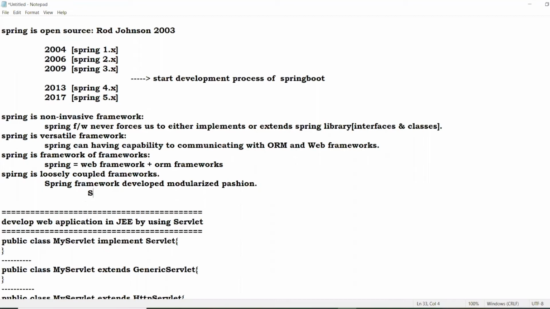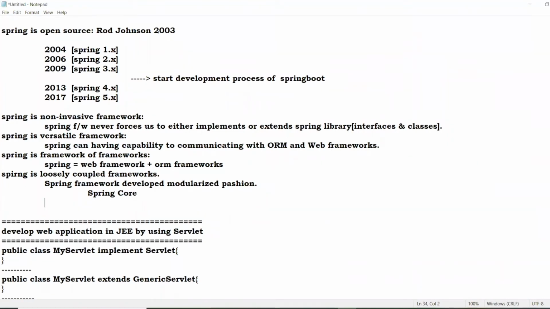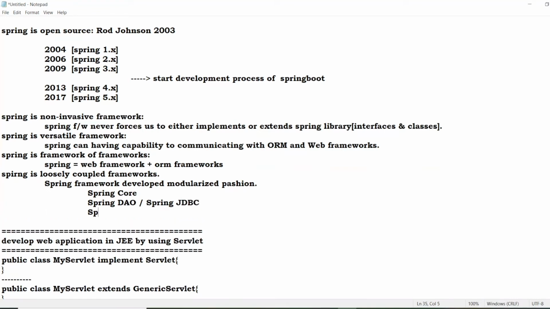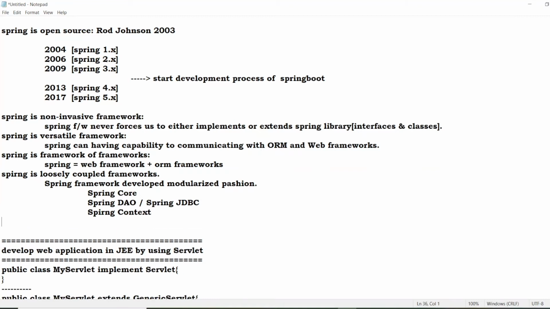For that purpose, I require one module: Spring Core. Spring DAO, or some people call it Spring JDBC, is one module. Spring Context is one module.